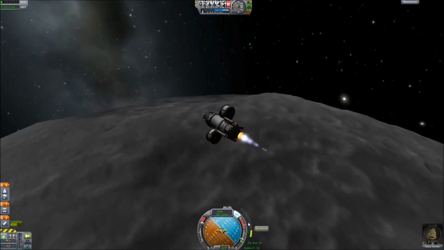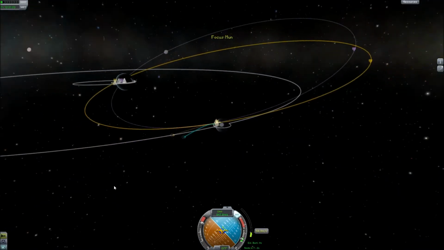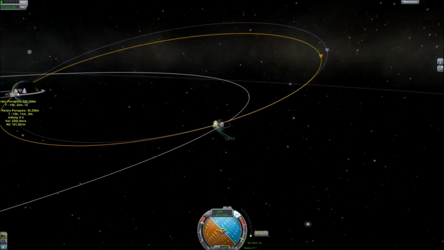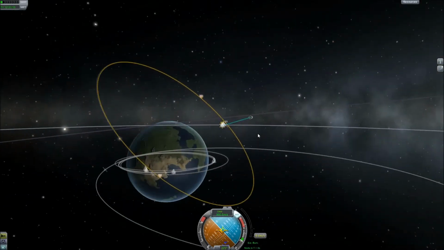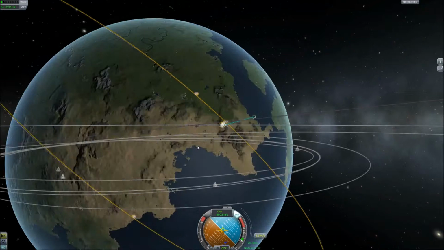We only need 90 now, so we're going to go into M, our map. Press X when we're ready. There we are. 28,000. So now, as you can see,